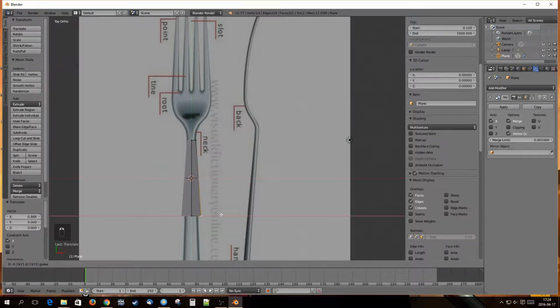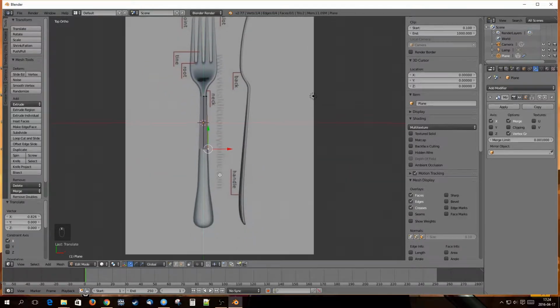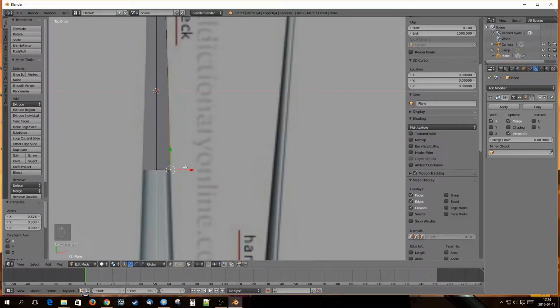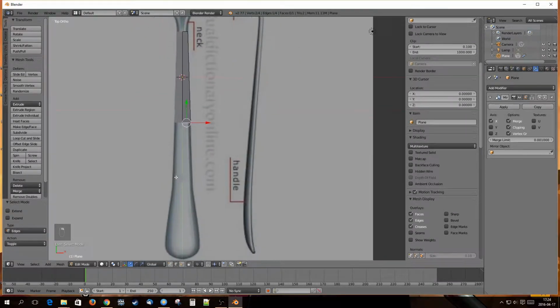Have it on, and now I need to turn on the clipping, so these points in the middle will stick to the y-axis. Like this. Now I go into edge mode, I select this edge, press E to extrude, move it, left click, E,